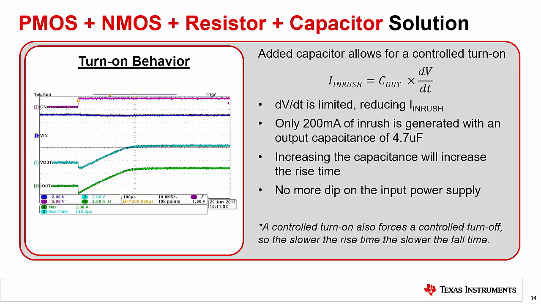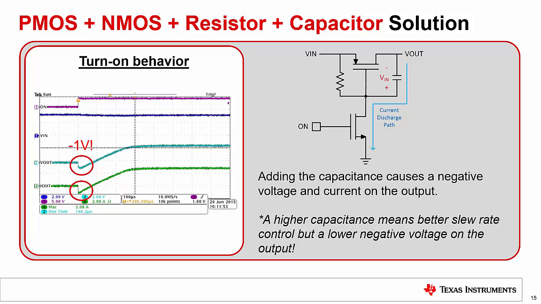Something to keep in mind is that if the turn-on time is increased, then the turn-off time is also increased, meaning that this would not work for a solution which needs a slow turn-on and fast turn-off time. The scope shot on the left shows the solution turning on with a 3 amp load attached, and it can be seen that both the voltage and current are controlled. While this solution is able to provide a linear ramp for both voltage and current, there is one anomaly observed. Both negative voltage and current are present when the solution is first turned on.